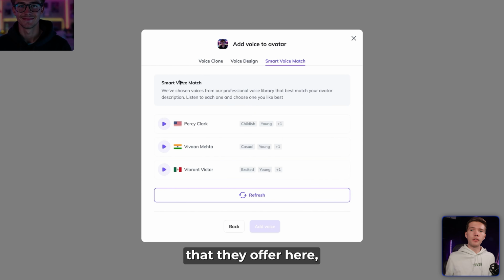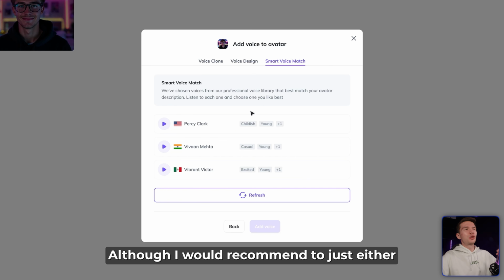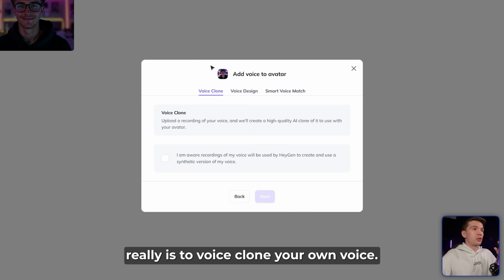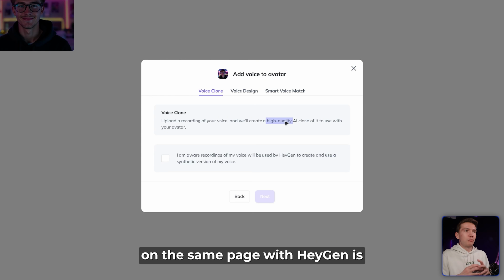And the remaining feature that they offer here when it comes to customizing your voice is choosing a smart voice match. So basically it's choosing one of the voices from their pre-existing library, although I would recommend to either design your own voice like that, or the best option really is to voice clone your own voice. And my advice is even written right here, so I'm definitely on the same page with HeyGen,